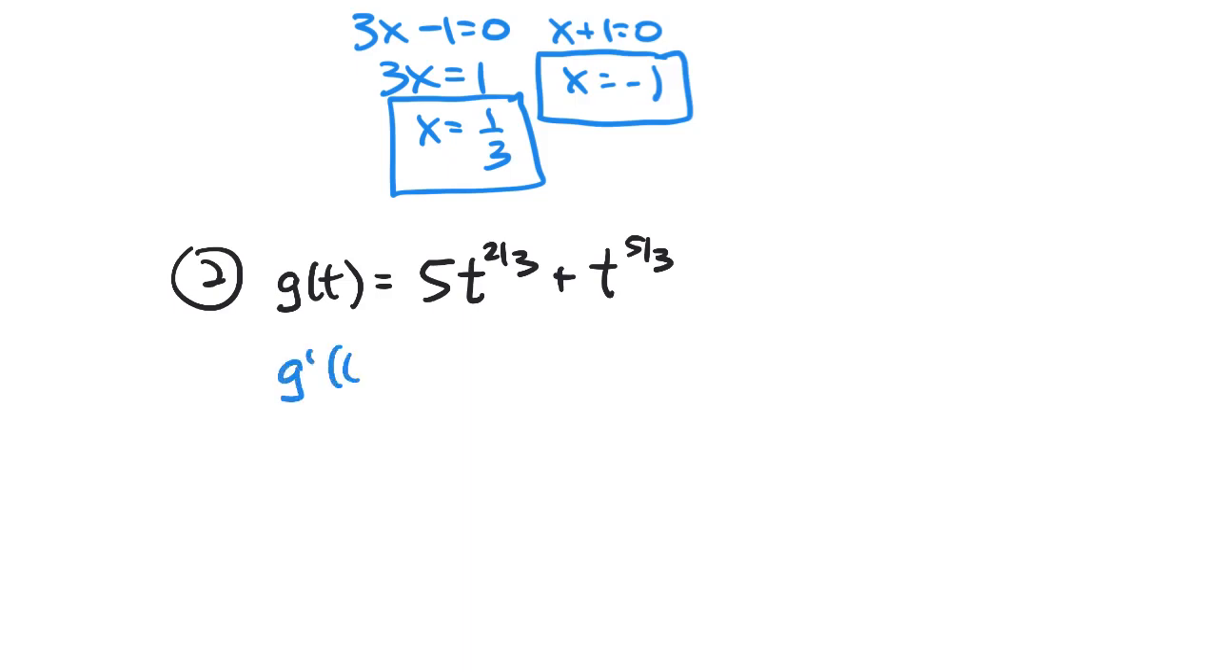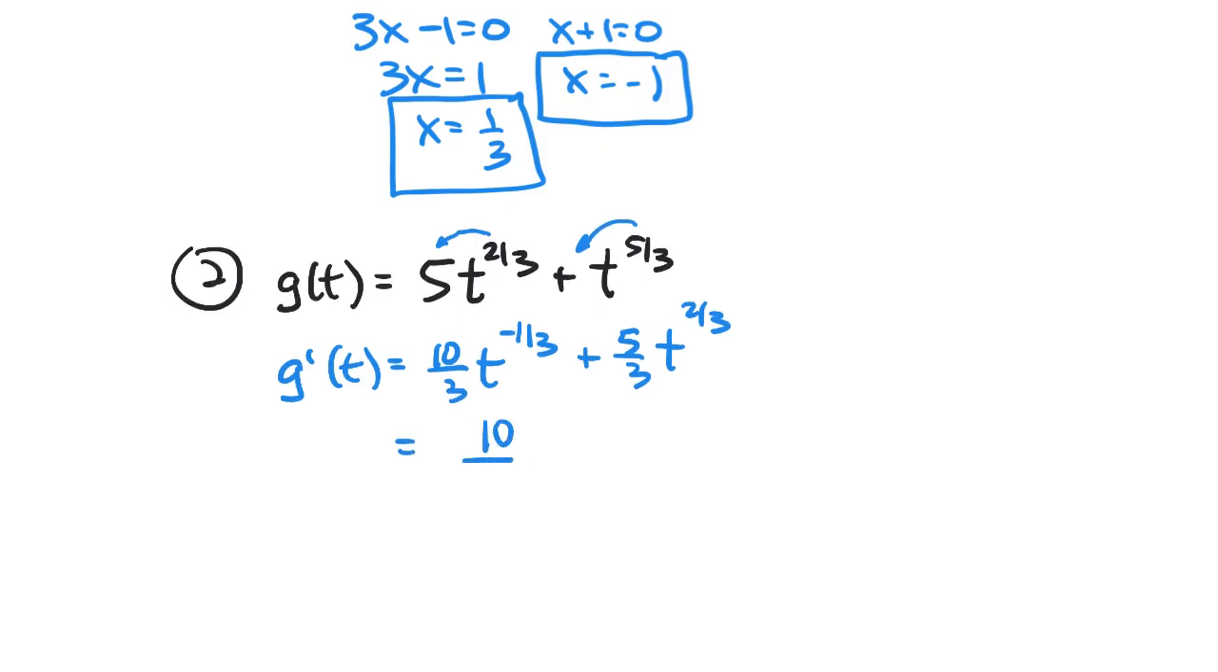So g prime of t equals, well, I've got the power rule here, right? So you get 10/3 t to the 2/3 minus 3/3, which is t to the -1/3, plus power rule again, 5/3 t to the 5/3 minus 3/3, which is t to the 2/3. So looking at this, I'm just going to rewrite this one a little bit. If I were to write this as 10 over 3t to the 1/3